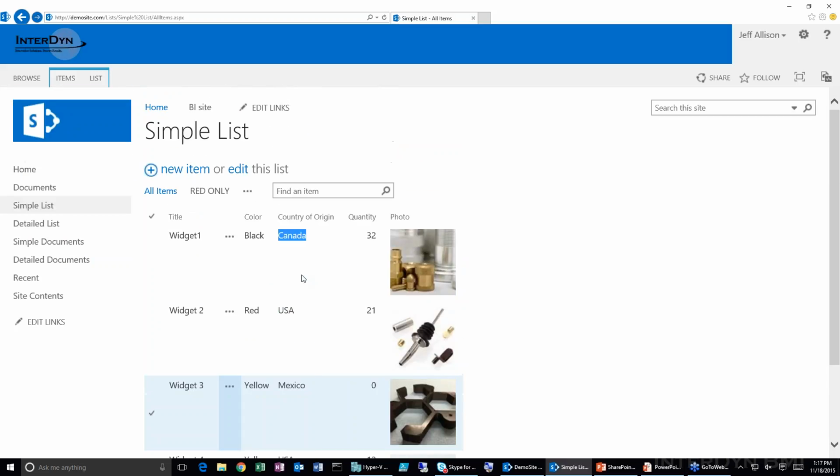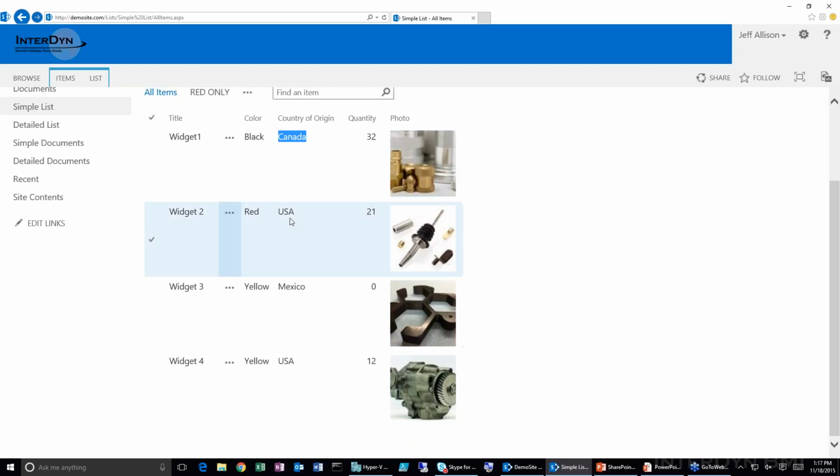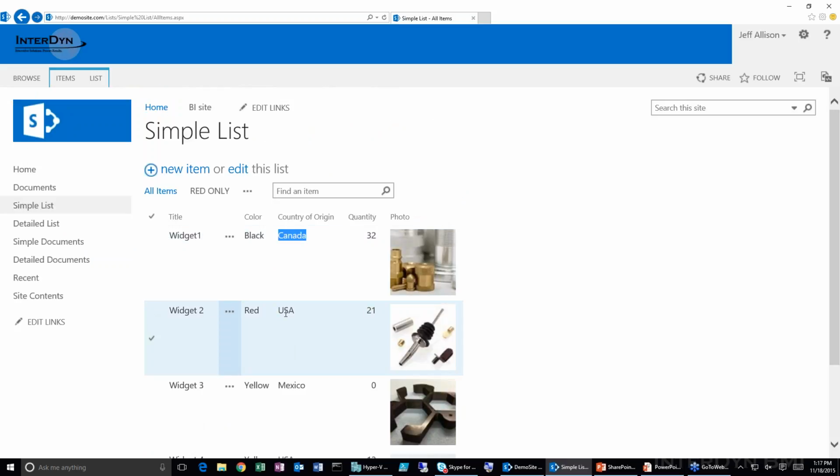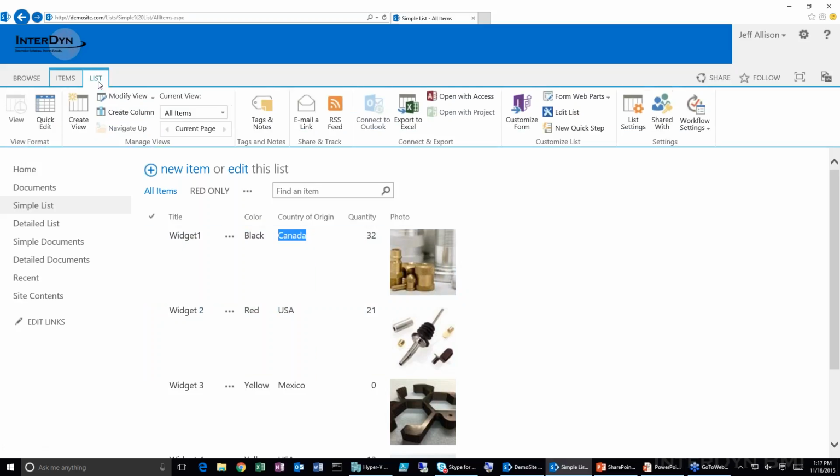What you'll see is you can see the different list items in here. I'm calling this a simple list simply because I don't really have much metadata going on in the background, and it's just text fields here on this list. Up here in this little ribbon, this is where you'll find some of the controls that you can do with